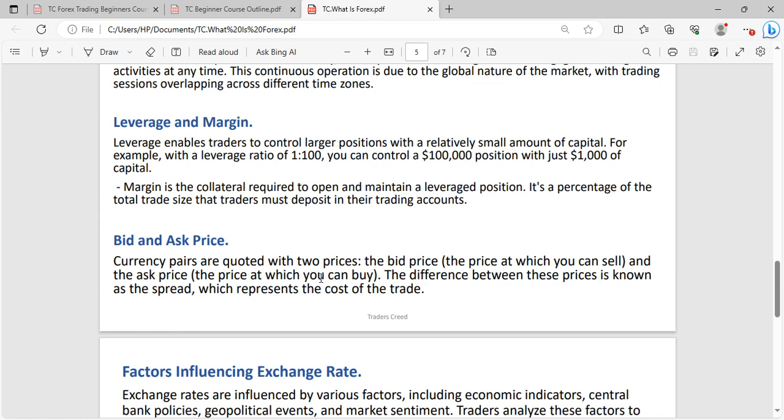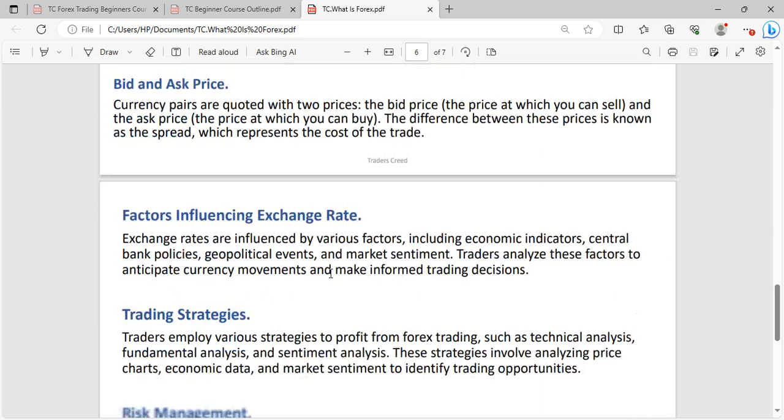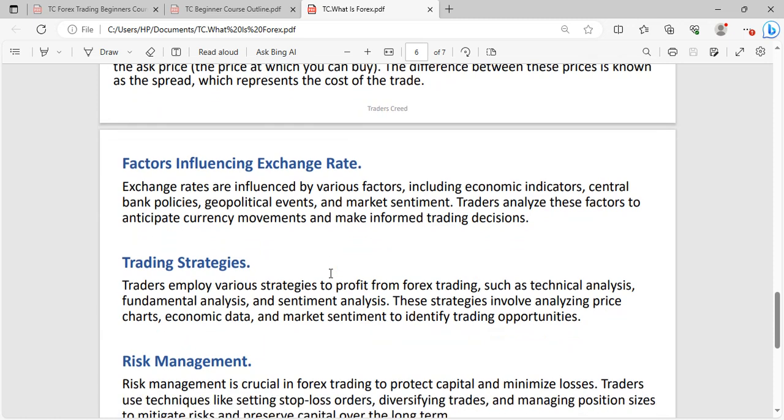So that's why people will say this currency has a high spread, meaning the difference between those two prices is high, and most times we stay out of such pairs because they attract our stop loss. So that's basically the meaning of spread: the difference between how much people are willing to buy and how much people are willing to sell. That's what is called spread.